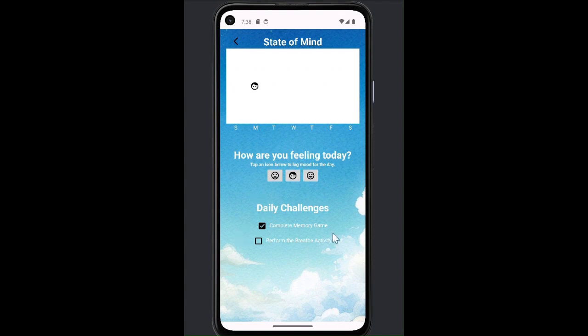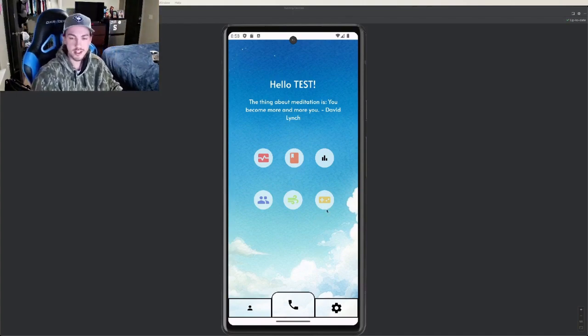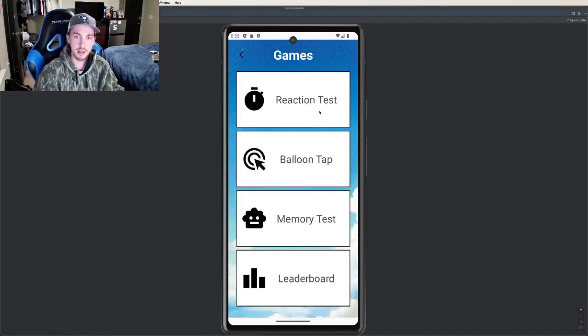Right back to the State of Mind graph, and as you can see, the memory game has been completed. Okay, it's Joe Comiskey again, and I'm going to go over the game section of the app. Sometimes you just need a little distraction, kind of want to get your mind off things. We created 3 simple mini games that you can play, and it's a reaction test, balloon tap game, memory test,